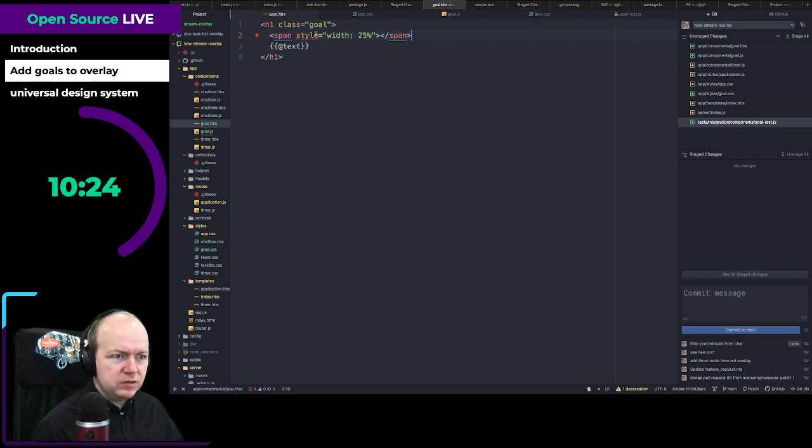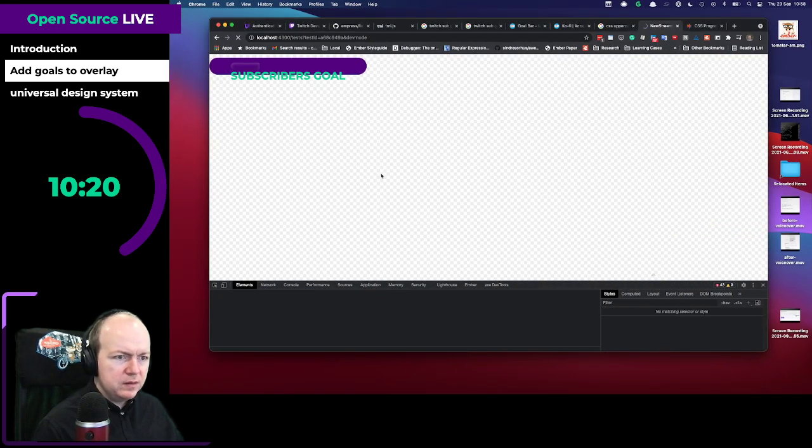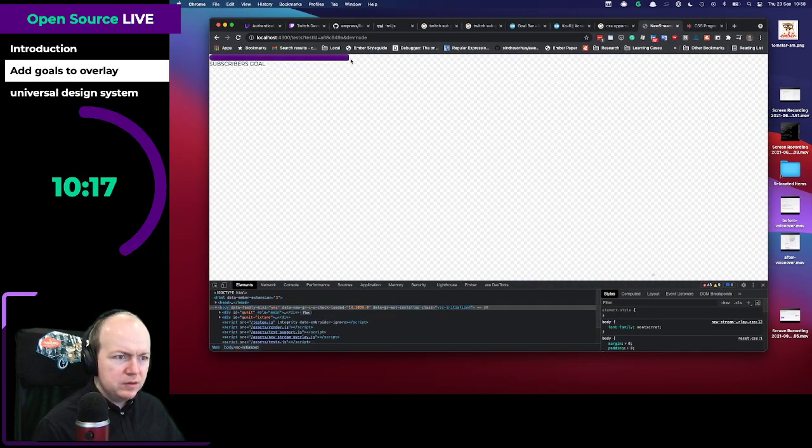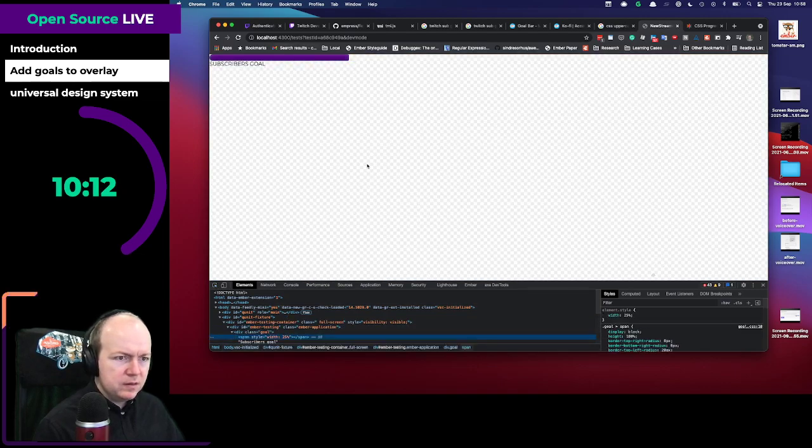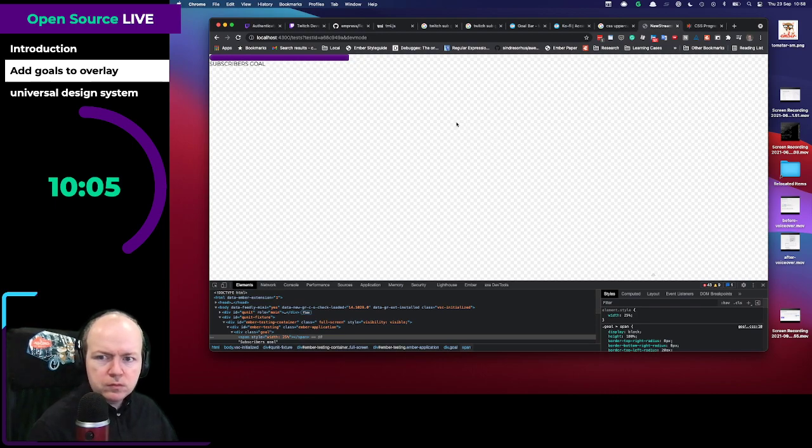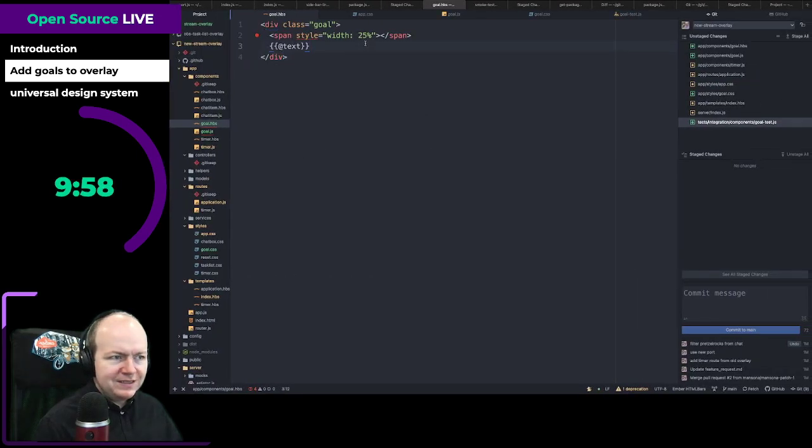I'm going to change this gold to be a div because, yeah. Oh, it's a full width. That's interesting. Not a problem, per se. We want to then have the text to